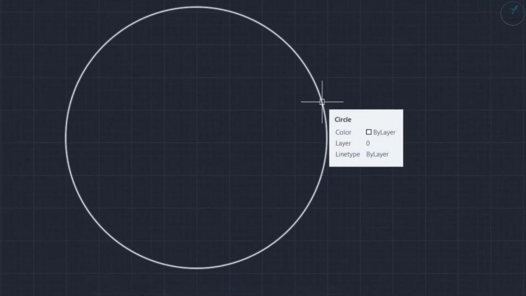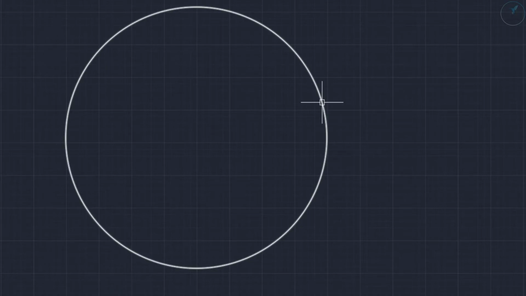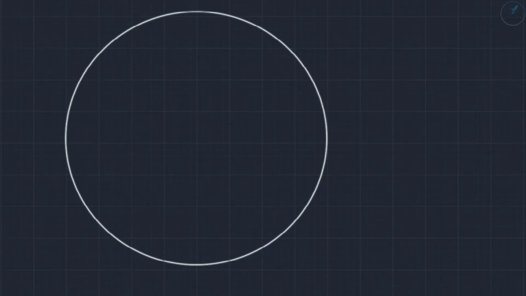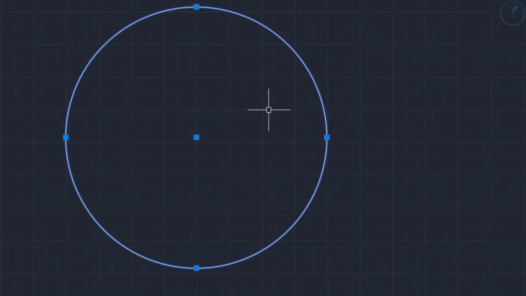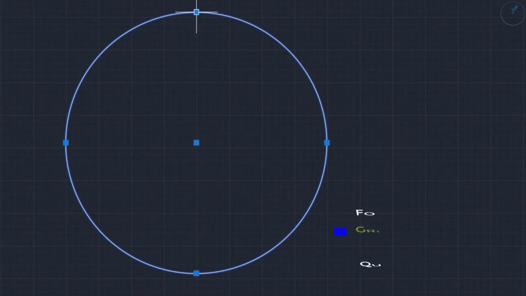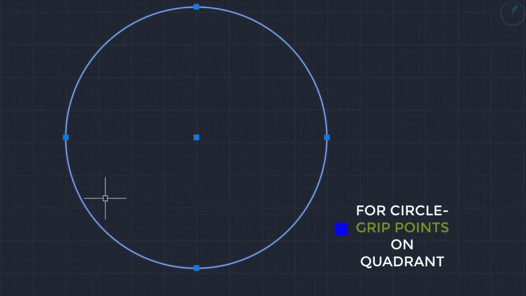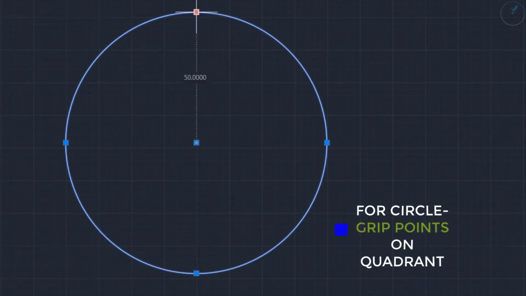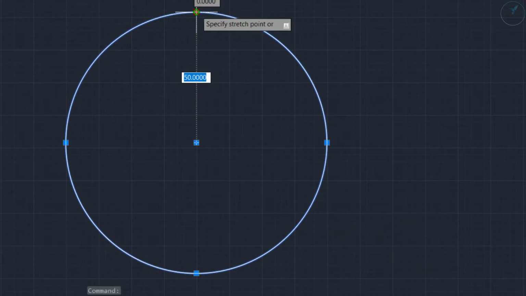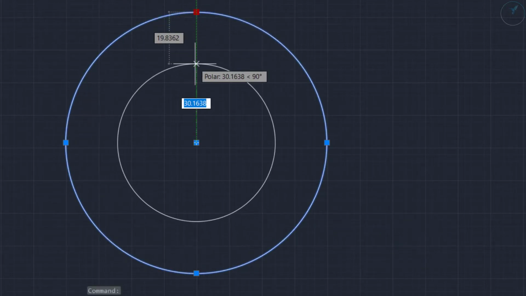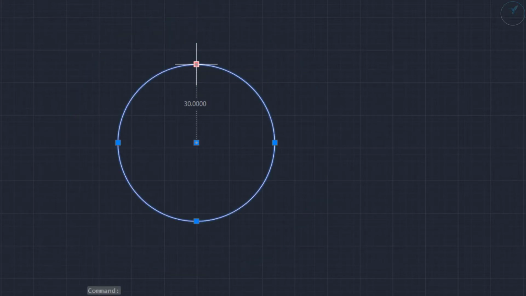Consider now I want to increase or decrease my radius. Just click on the circle, then you will get 4 grip points on each quadrant. Click on a quadrant. Suppose I want to decrease it to 30, give 30, then press enter. Now it is decreased to 30.